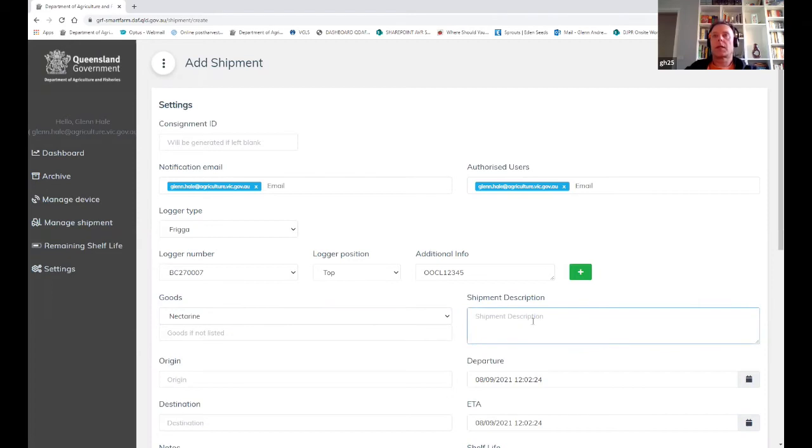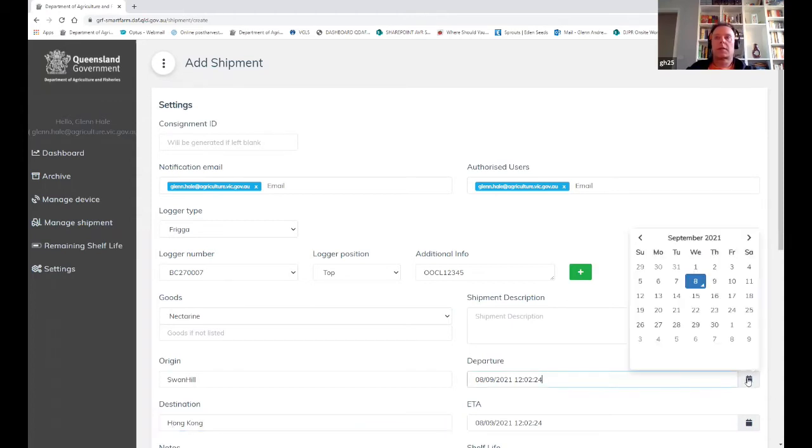Shipment, we can add any details in there that we like. We'll say this one's going from Swan Hill to, let's say, Hong Kong. Departure date, say for this variety, let's go Flavor Pearl, which will be just before Christmas.